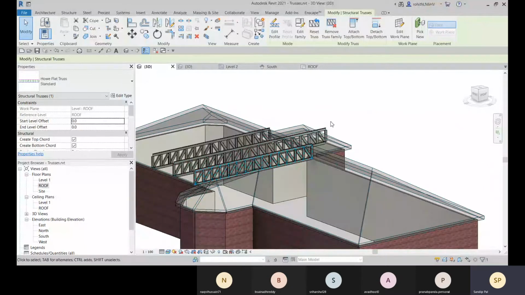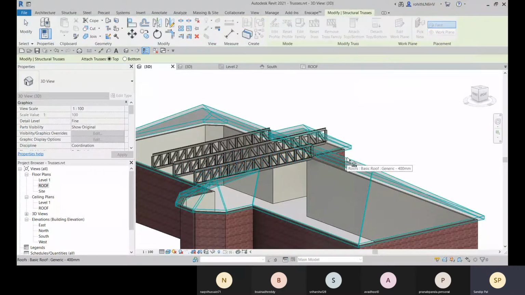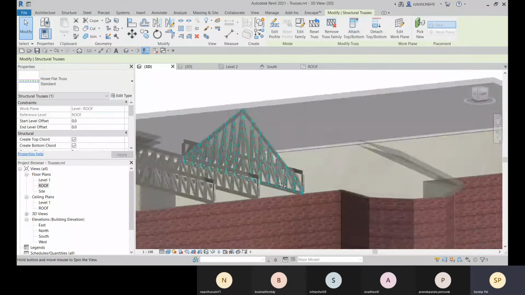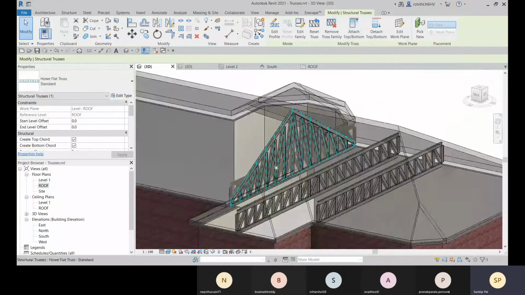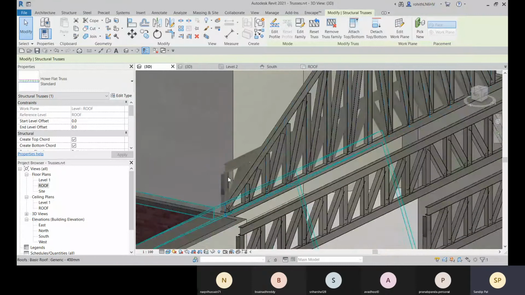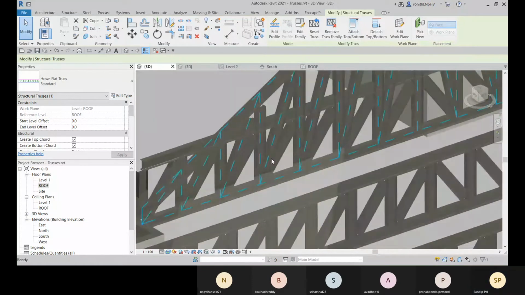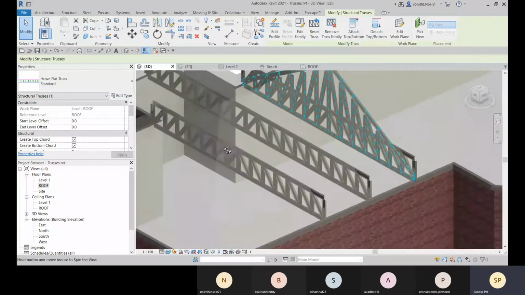You can go to this truss, select it, and go for this attach top or bottom. And this is the top, this is connected, and select the roof. And there you can see that as per this is attached, right? And here we are getting some distortion profile. Later we will adjust it. Okay, we will adjust this later.